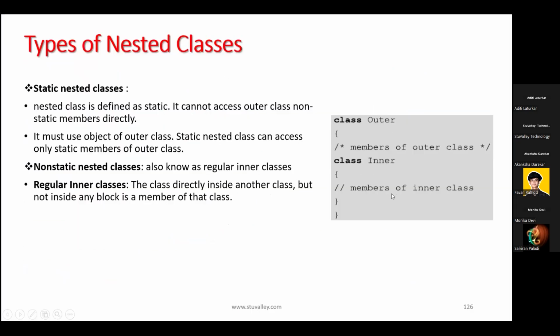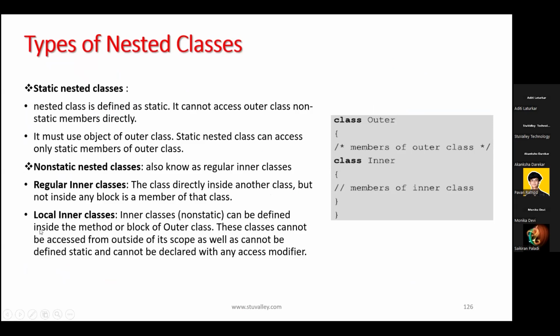This is our outer class, inner class. We have already seen this part. Okay. We are going to see the next type of inner classes, that is local inner classes, which are also known as non-static inner classes, but those are defined inside a method or a block of outer class. Any doubt